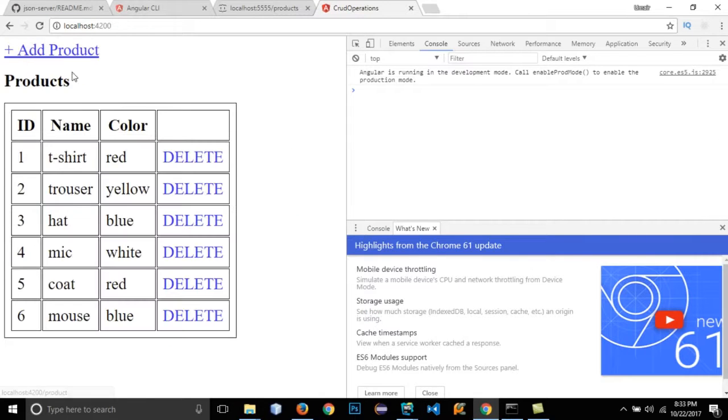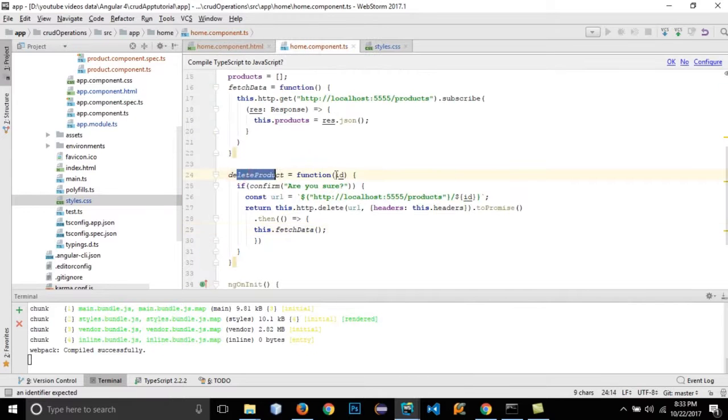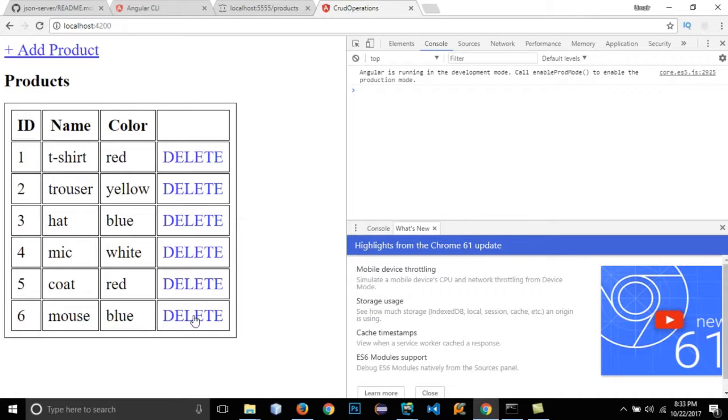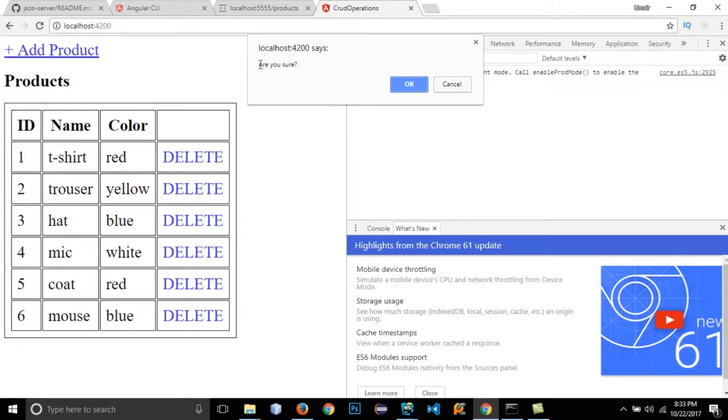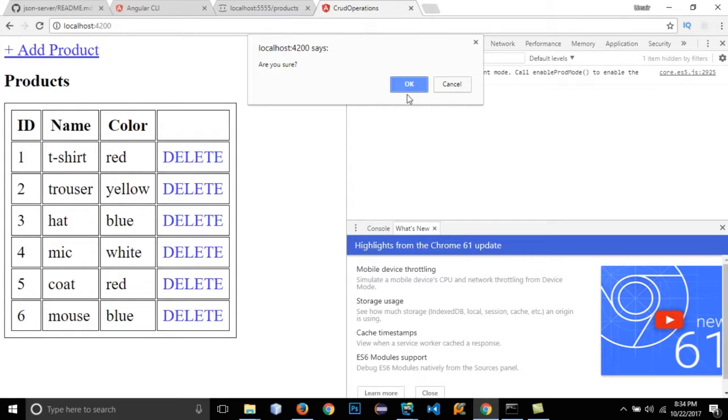So let's go back, and if I click on the delete, this function should be called and it is sending an ID and needs to show me are you sure. If I click on yes, then it should delete that particular data and should call the fetch data and reload my table again. So if I click on delete, it has shown me are you sure. If I cancel, it hasn't deleted anything. If I click delete and if I click OK,